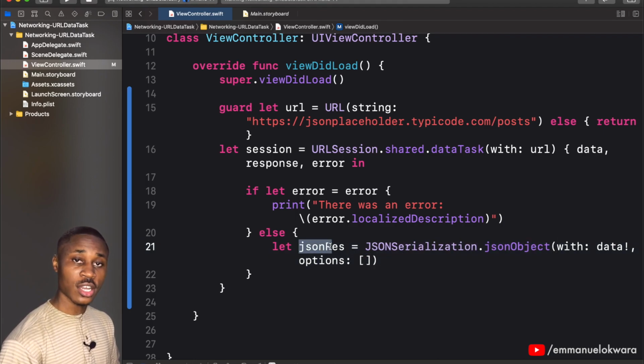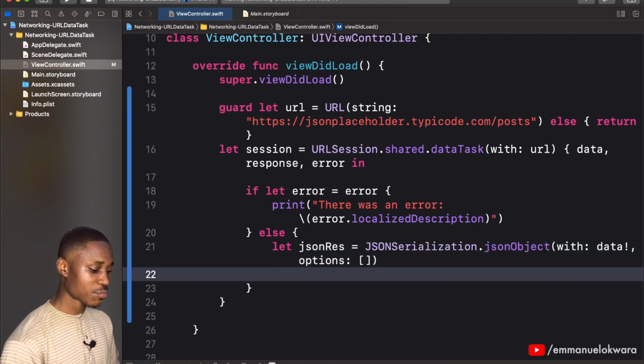Now we have access to our JSON response. Let's go ahead and print this. So I'm going to say print the,